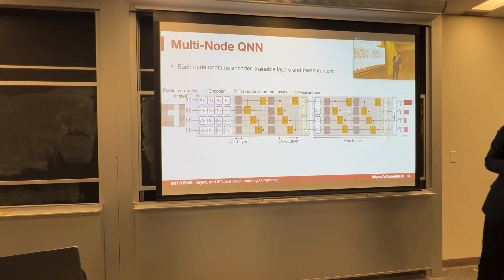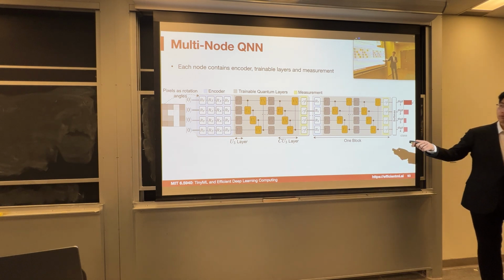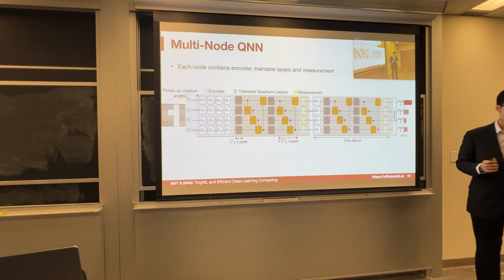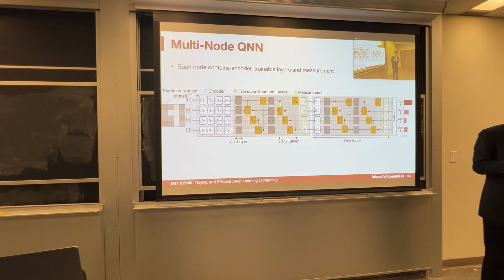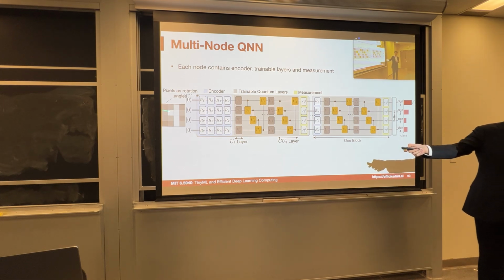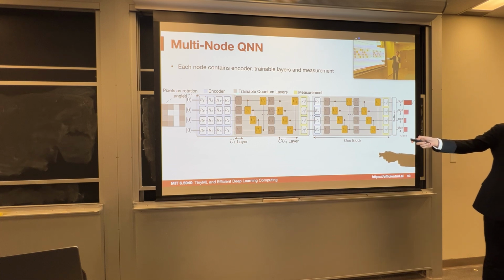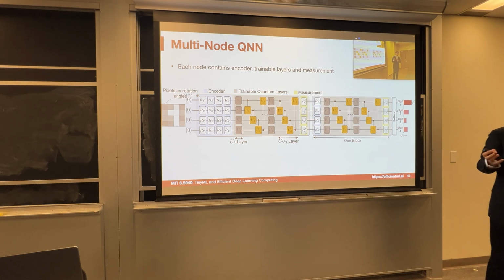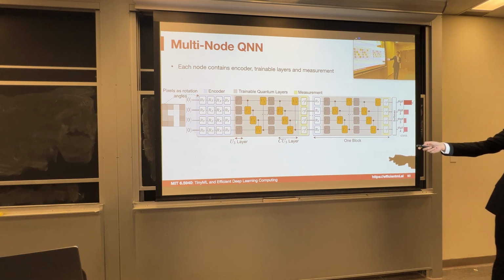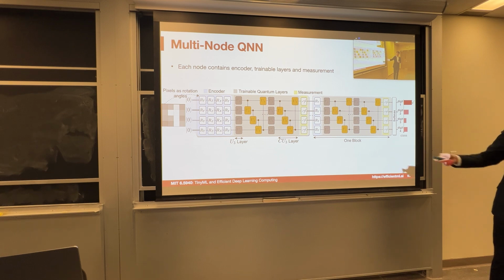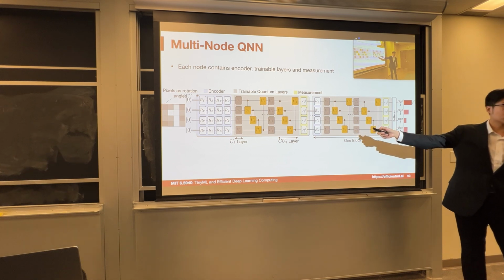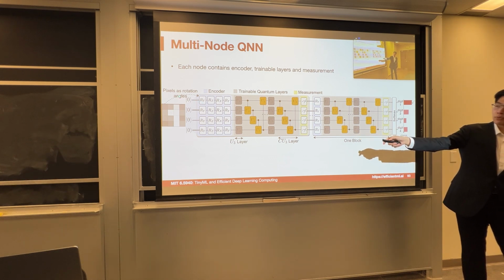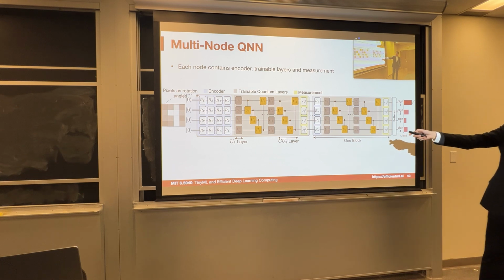Before that, I want to introduce one type of quantum neural net, which is a multi-node quantum neural net. That means, say, when we have an input image, we can encode this image using some encoder, and after that we can apply these trainable layers, and then we can do the measurement to project that back to the classical values. Say we can do some measurement on the Z basis, and then we can obtain the classical values. The classical values here are represented as the double line here. So we can see the initial one is a double line, but we do some encoding for that,